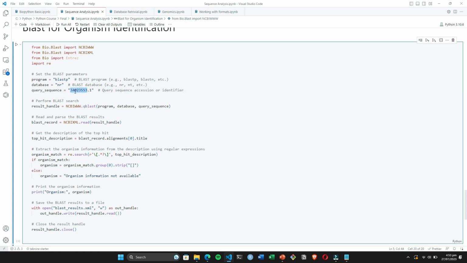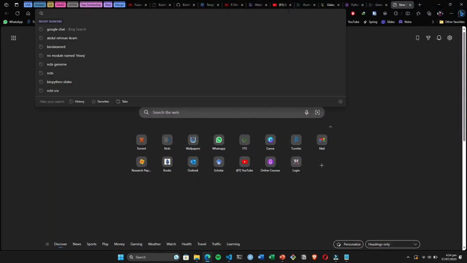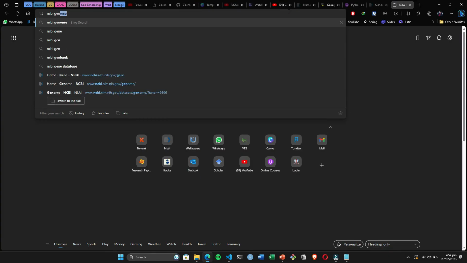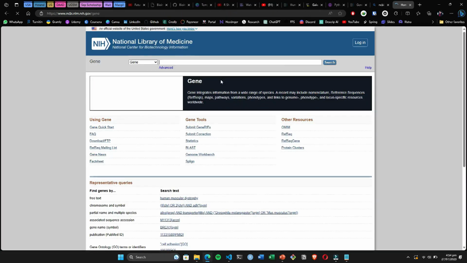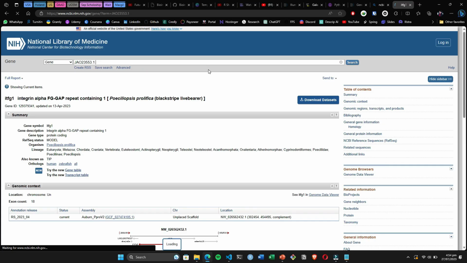So if I search this query sequence in my web browser, let's just see. If I open the NCBI gene database and search for this gene or protein, let's see if it gives us any known information. So we'll wait, and it is giving us a black stripe live bear